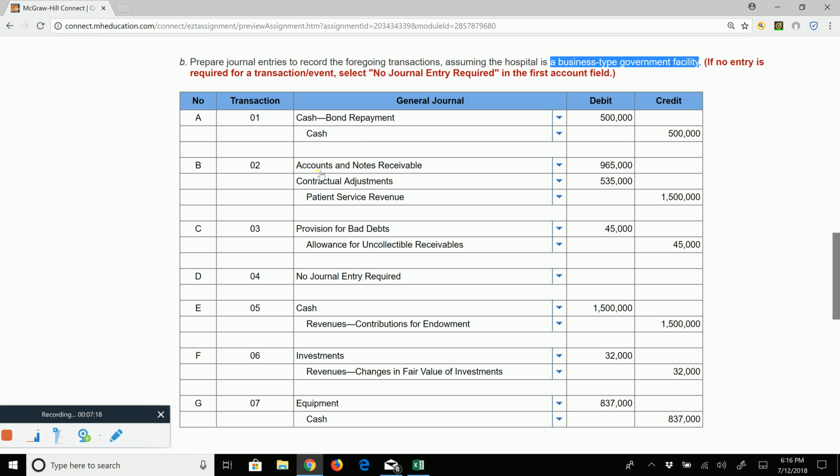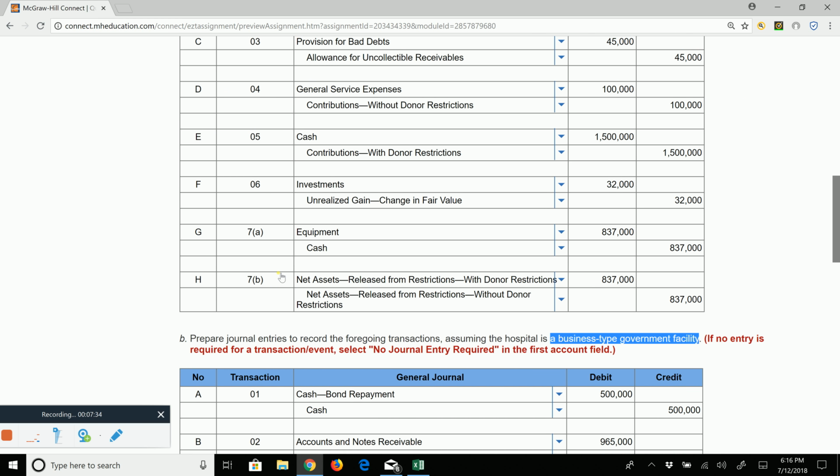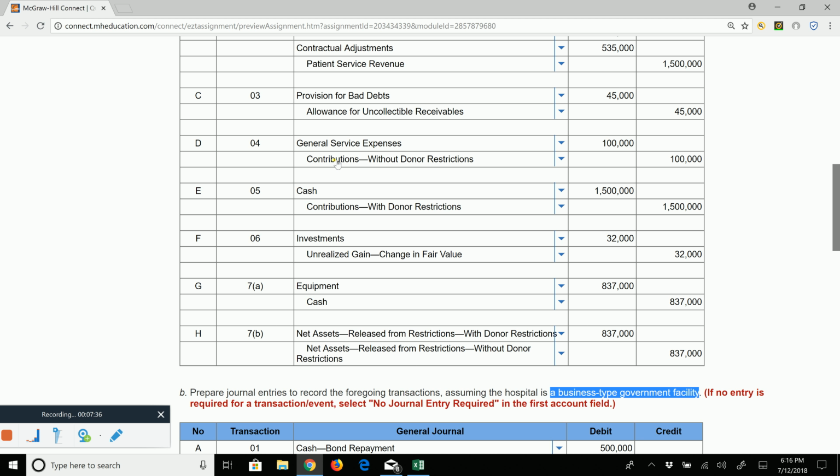Journal entry 2 is accounted for in the same way. Revenue recorded at gross. Charity services not recorded at all. And the contractual adjustments recorded as a contra revenue account. Journal entry 3 is the same. Journal entry 4 is different. If you remember, 4 is when we had